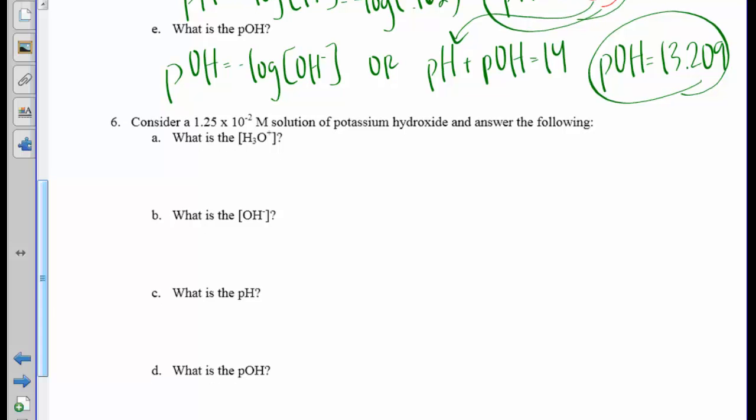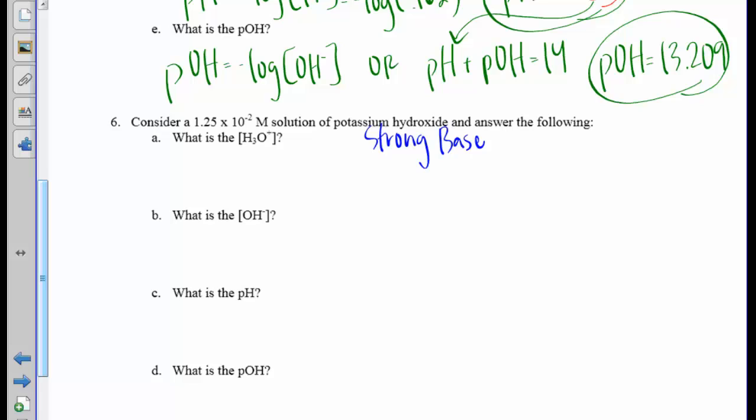Our next example asks us to consider a 1.25 times 10 to the minus second molar solution of potassium hydroxide and to answer the following questions. Now looking at this, I see I have potassium hydroxide, which is a strong base. It's important that I recognize this as a strong base because that's going to help determine how I solve this problem. Now, when I think about answering part A, what is the hydronium ion concentration, I need some extra information